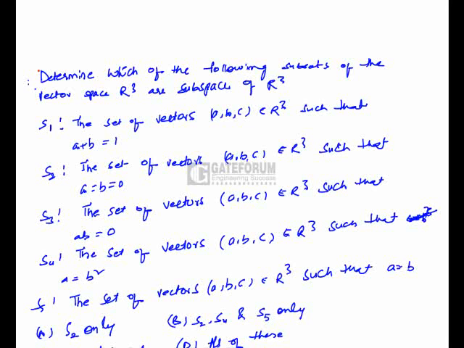Determine which of the following subsets of vector space R cube are subspaces of R cube. Here 5 sets of vectors are given and we have to identify which of them is a subspace of R cube. In order to solve this problem, first of all we have to know what is a subspace of